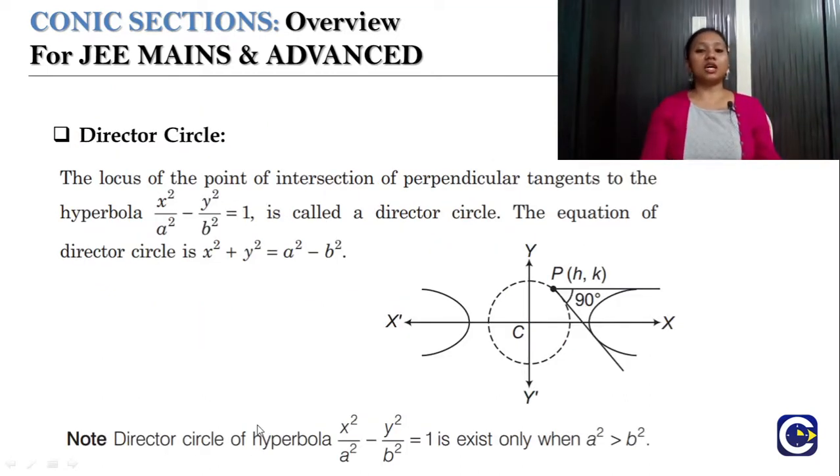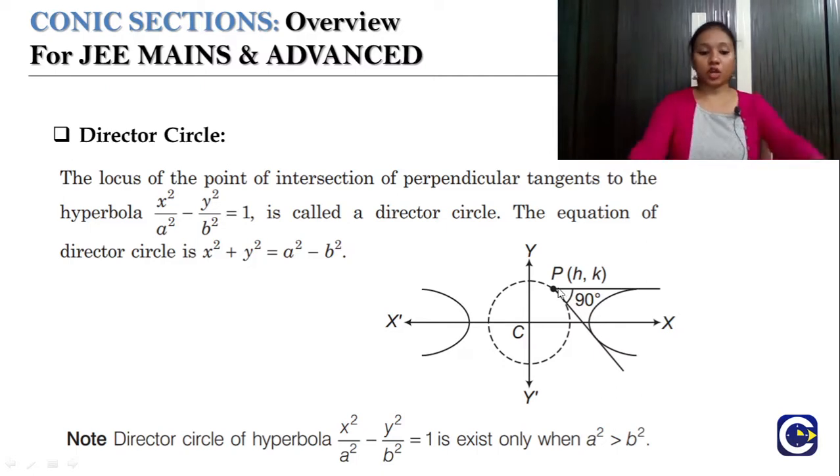So again, as we are talking about the pair of tangents, as there are two different tangents, there is a possibility that we could have an angle between these two pair of straight lines, right? So here you can see this is the point and these are my two tangents, which are my pair of tangents here. If the angle between these two tangents is 90 degrees, then the locus of this point is nothing but a circle, right?